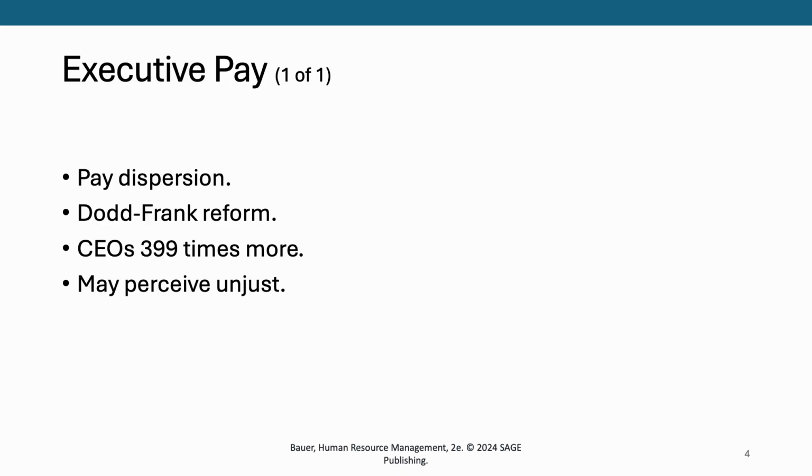So the Dodd-Frank reform, the Wall Street Reform and Consumer Protection Act of 2010, which came out of the mortgage crisis, right? And when we started to see heavy-duty CEO pay compared to their employees, the act requires all publicly listed companies to report their pay dispersion between the highest and the lowest, so people can know and make an informed decision. As of 2021, CEOs earned 399 times more than their average non-supervisory worker. So, and that's in the top 350 publicly owned firms. It's pretty outrageous, in my opinion.